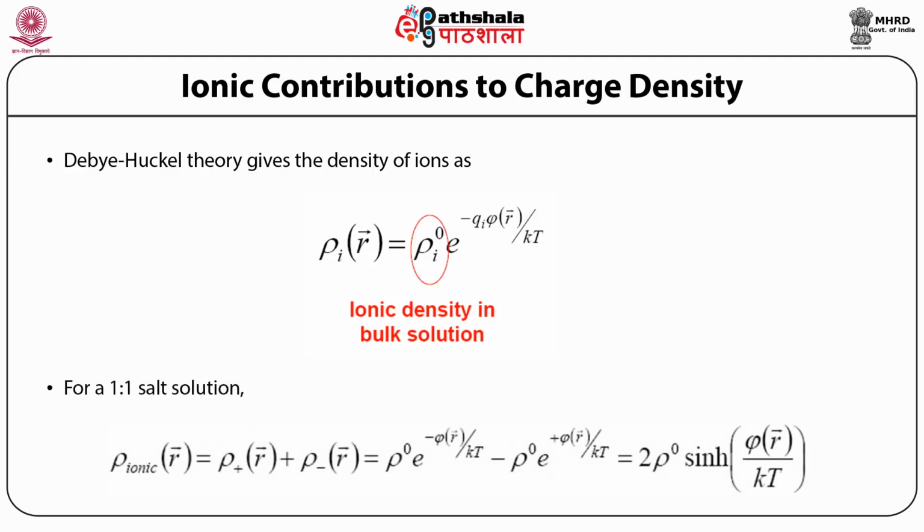However, if I use a 1:1 salt ratio, we can actually make the rho r, that is a charge distribution, as written in the bottom, rho plus r and rho minus r, two functions. And these two functions can actually generate a sine function which was shown in your previous equation. So as you see, the modified equation of Boltzmann came from Debye-Huckel theory and introduced in that sinh phi r over kT form. So to depict this, it has a very strong theory concept introduced in the functions.